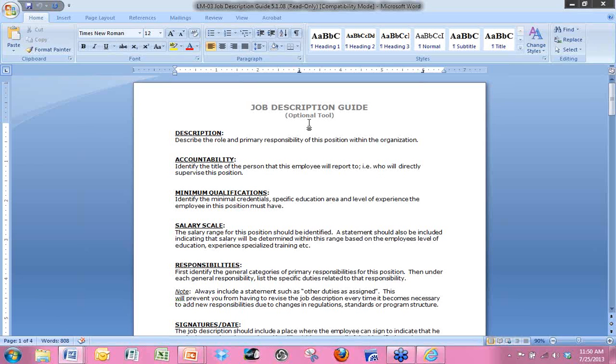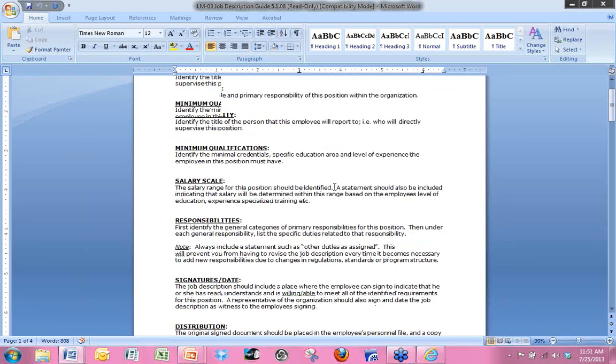to the staff. Best practice is that it's in your staff handbook for every position that you have available. So if you have a director, you're going to have a job description for a director, one for lead teacher, one for assistant group teacher. If you have aides, however many staff positions you have, you would need a job description for each one. So if you don't already have one that you're using,